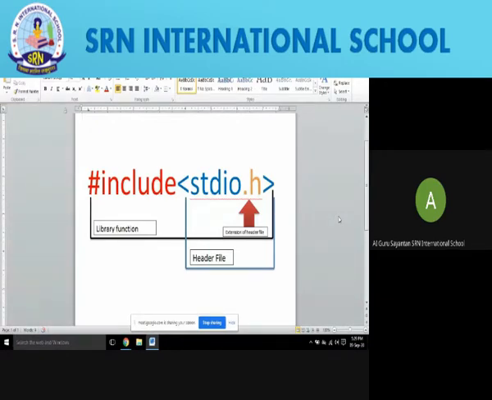But the stdio.h part is called the header file. You can also see .h is written over there, which symbolizes that this file is a header file, because header files have an extension of .h.